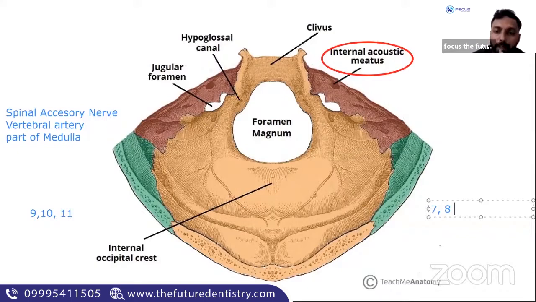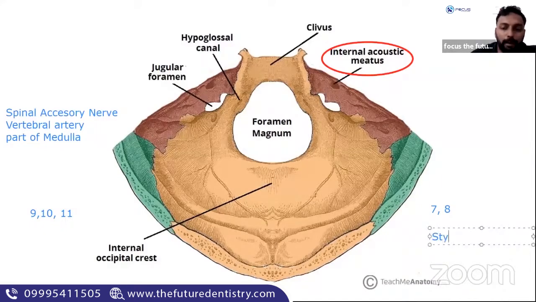So in total, we have only 12 cranial nerves, out of which we have studied the 6 and the areas where they go out. And one point I want to teach you here is the facial nerve. It enters through the internal acoustic meatus into the temporal bone, and it exits through a foramen known as the stylomastoid foramen.